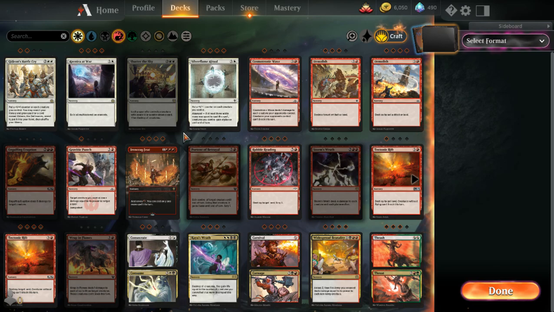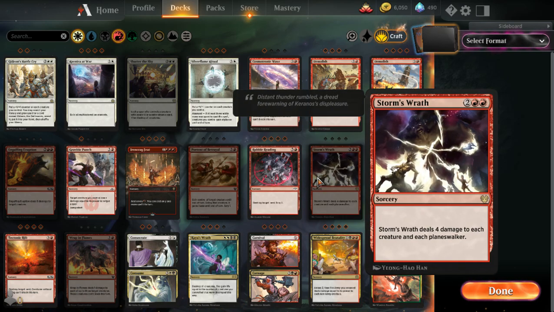And they can even run Storm's Wrath, which is kind of similar to the board wipe that we had back in Hour of Devastation. I don't want to say it was the premier board wipe because I think Fumigate was still around, and that was probably a little bit better, but it was really, really good to deal 5 damage to creatures and Planeswalkers, and because this also kills Planeswalkers, it's going to give Fires a tool to mass wipe Planeswalkers, which, again, is